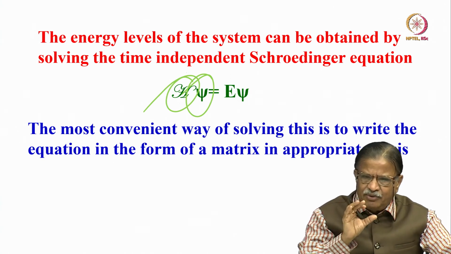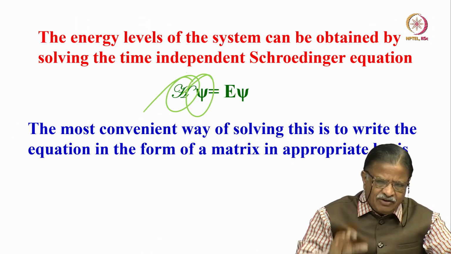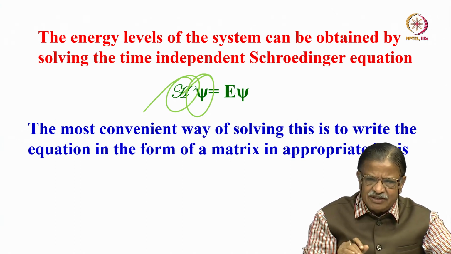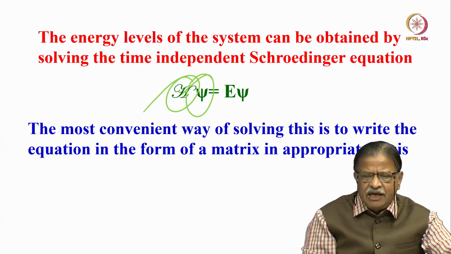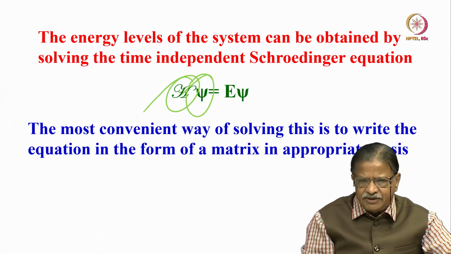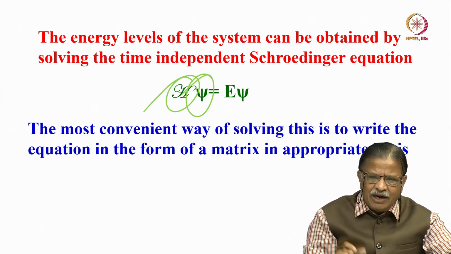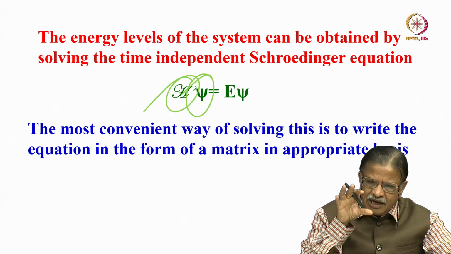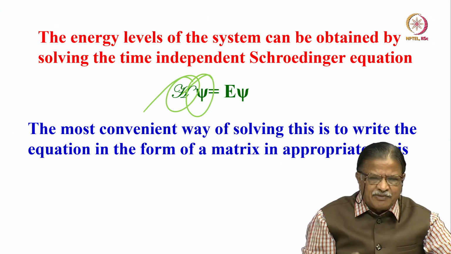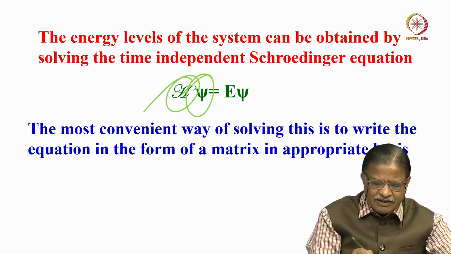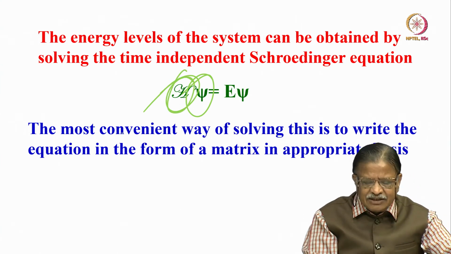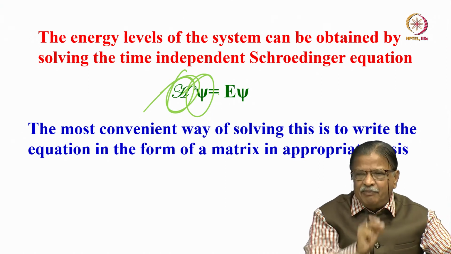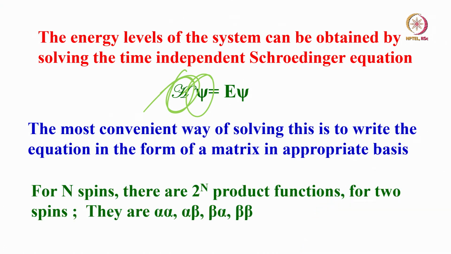So, you understood what we have to do for quantum mechanical analysis. You have to build the Hamiltonian, first find the wave functions, which are nothing but the product functions for the nuclear spins, as the first approximation, but there are also true wave functions. Build the Hamiltonian. One part is the Zeeman interaction of each individual nuclear spin, the other is coupling among nuclear spins. All these things together you have to consider as the total Hamiltonian and then solve the time independent Schrodinger equation, and for that you need to solve it in a matrix form. You have to write it in a matrix representation and then solve it.